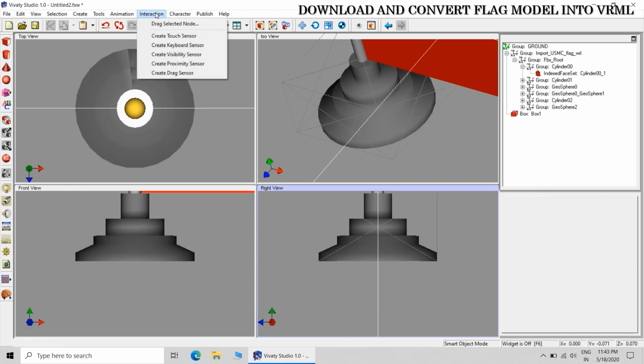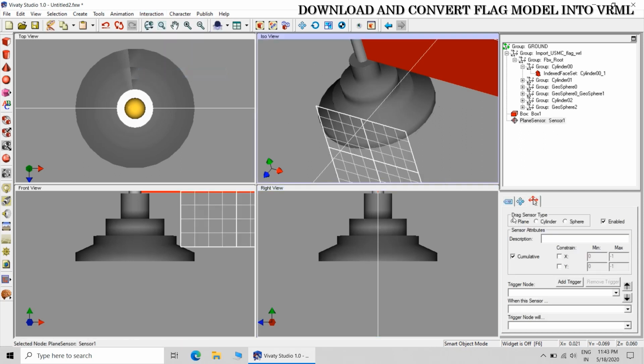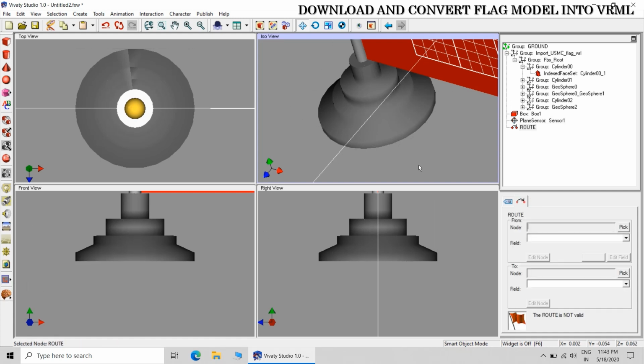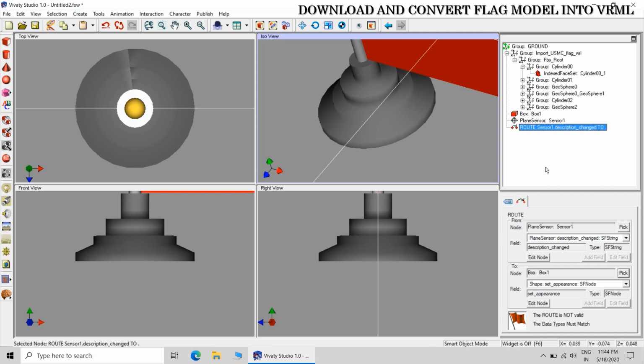Now create a drag sensor, create the plane sensor. Bring the plane sensor to absolute 0 0 position and create the route. The route will be from the plane sensor to the box. Plane sensor and then box.